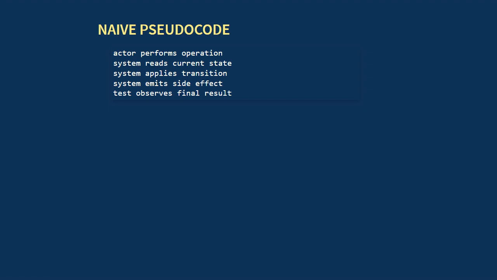This pseudocode looks harmless because each step reads like a single operation. Under concurrency, those steps are separate openings for interference. If the final result is correct, how would I notice the bug? You need evidence of the path, not just the final state. Worker IDs, entity IDs, previous state, attempted transition, side effect count, and outcome.